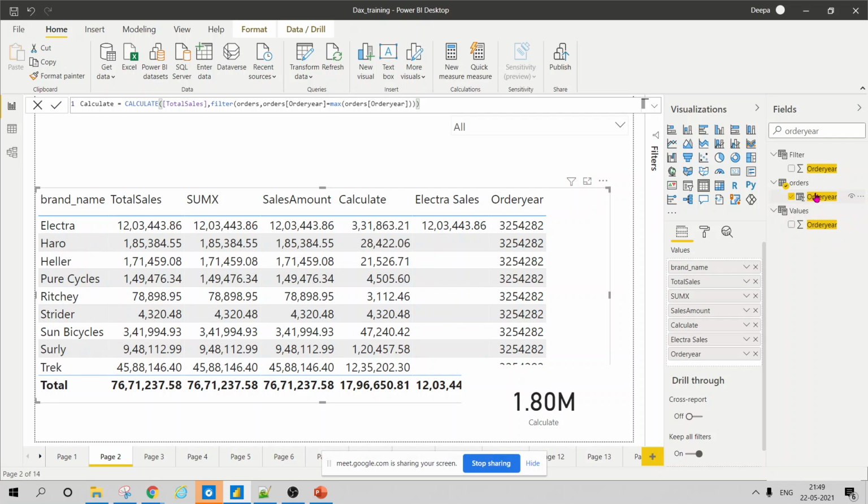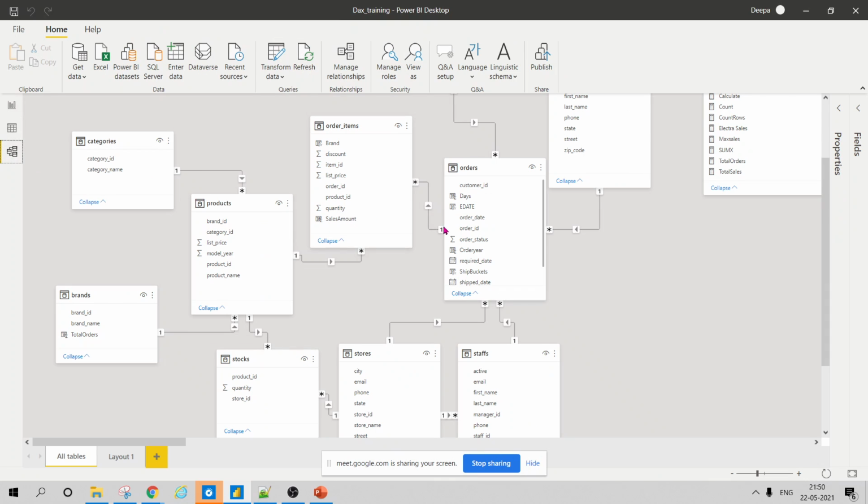So why is it giving me all the similar values? Because my brand table is not able to filter this order year, right? So for that I'll make it bidirectional.